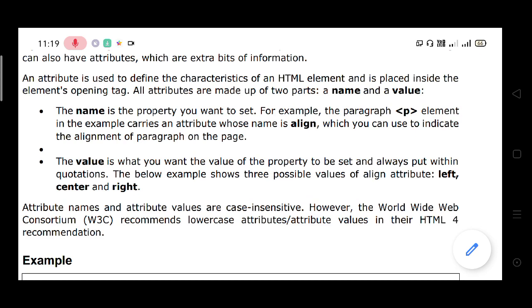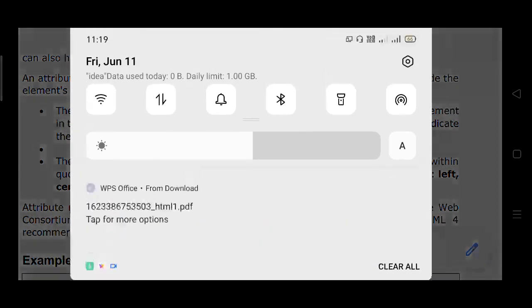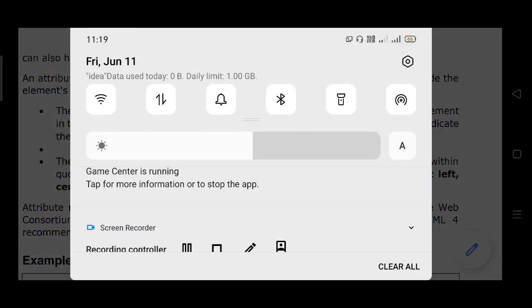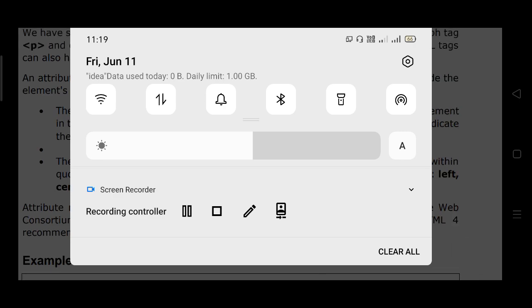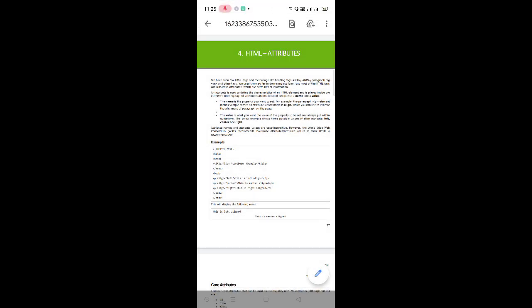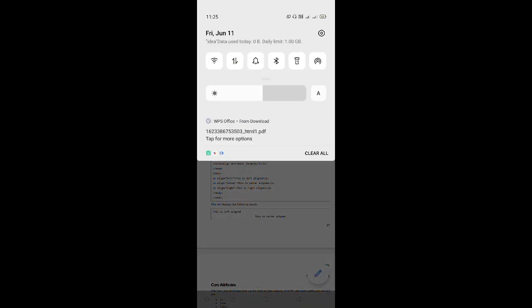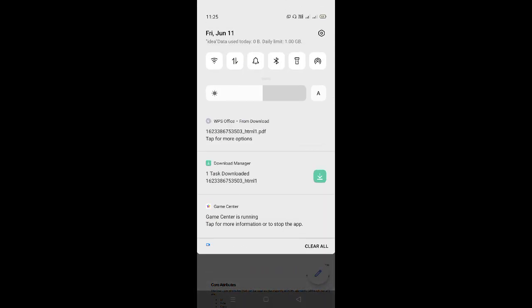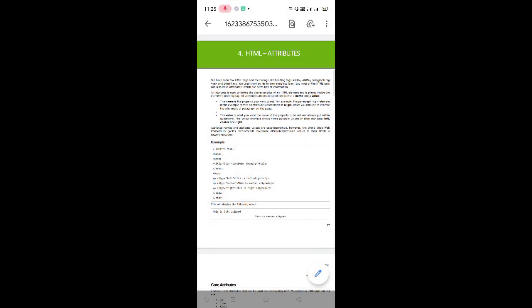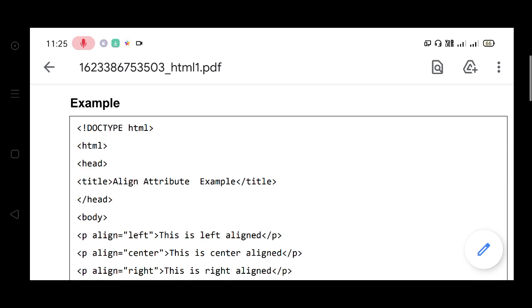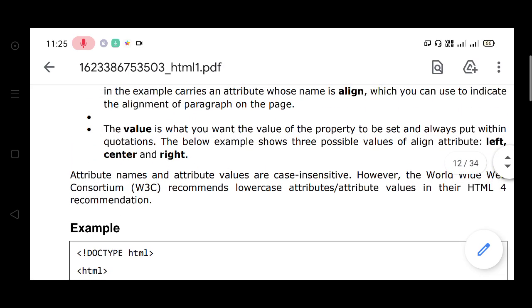Here we have three alignments: left alignment, right alignment and center alignment.